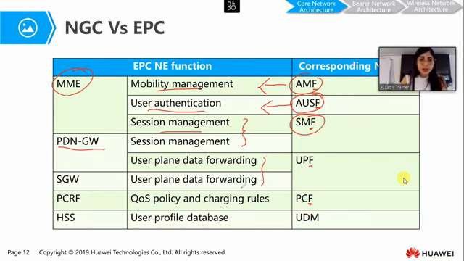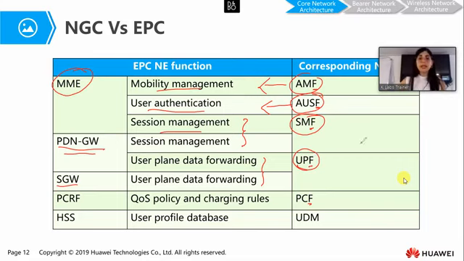In the 4G core network, we have again an overlapped function. This is in charge of the PDN gateway and also of the serving gateway. While in the 5G core network, we only have one entity, the user plane function, which is only responsible for the user plane data forwarding. So this is another difference. Each node performs one function. We have no more overlapped functions. Each node of the 5G core network has its own specific function.